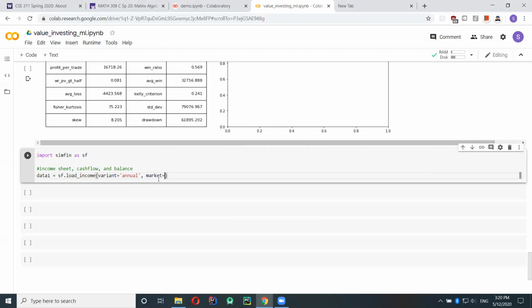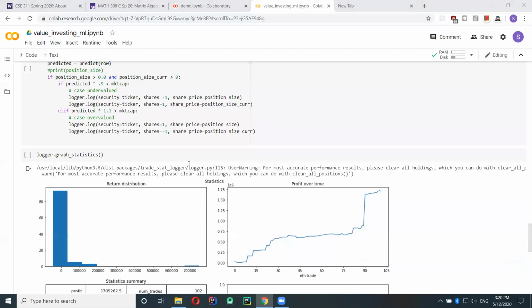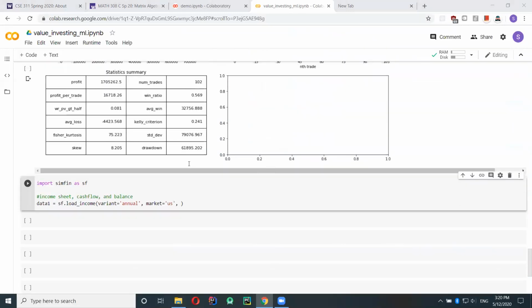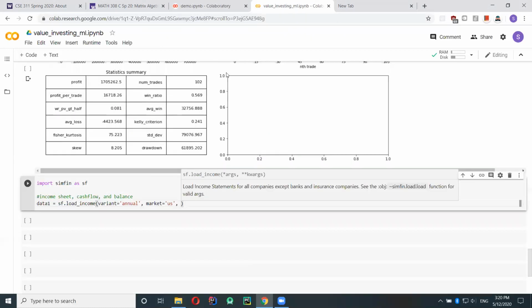All right, next we have to specify the market. There are different markets like Canada, US, Mexico, but we want the US. And then we also have to do, I cannot remember.